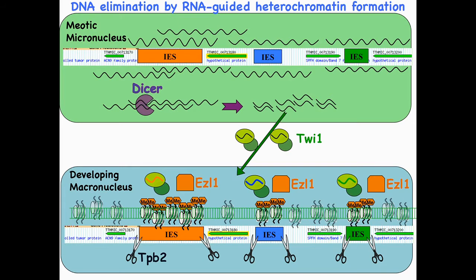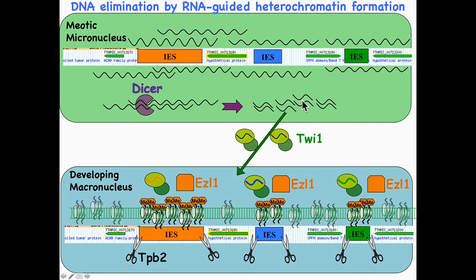The first pathway, which we've heard a lot about in the previous two talks, is the way that these IESs are first recognized, which is by small RNA-directed heterochromatin formation. Back in the prezygotic stages, if we go back to my earlier slide, in the micronucleus there is bidirectional transcription, which leads to the production of double-stranded RNAs that are then processed by Dicer-like in the nucleus,